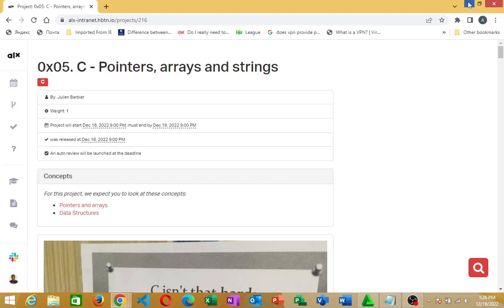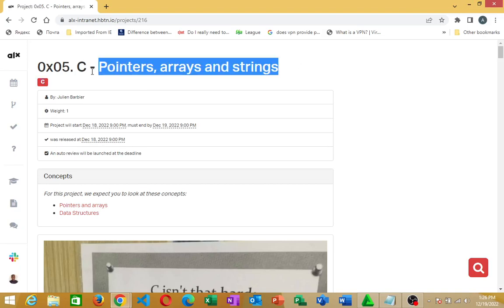Alright guys, welcome to the YpnConnect channel, and we are going to be looking at this project 0x05C pointers, arrays